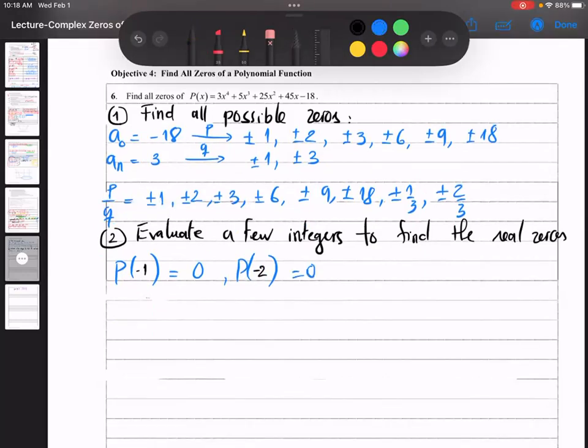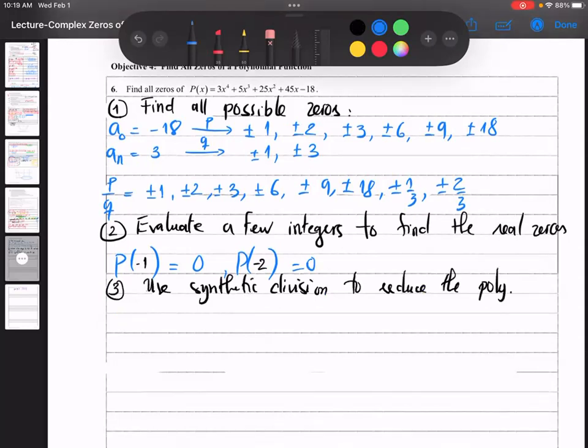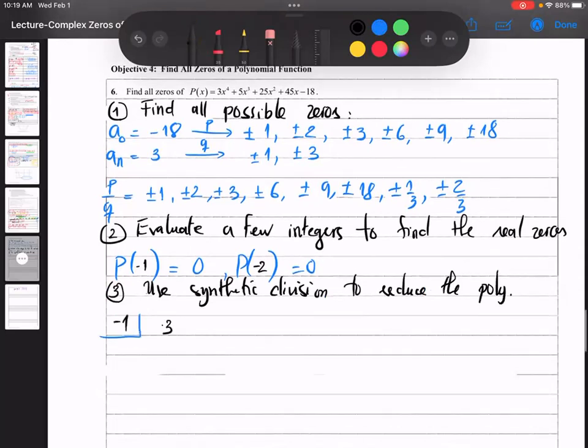What's the next step? Once I have my 0, what do I do? Use synthetic division to reduce the polynomial. Sometimes I just call it poly. Start with the negative 1 first. And then write out those coefficients. So I have 3, 5,